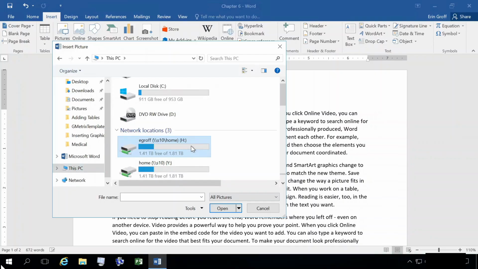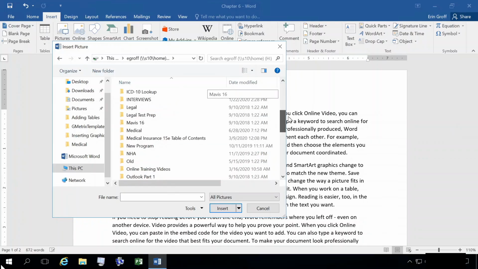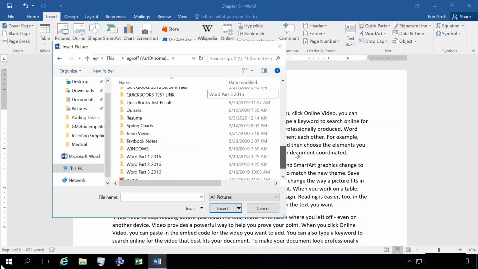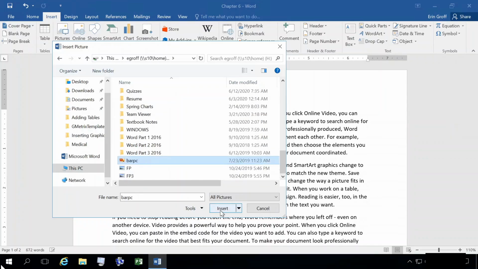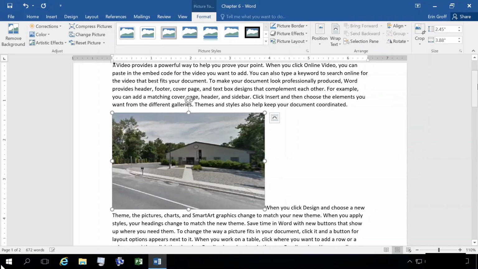You would navigate to wherever your pictures are saved. Let's see. Let's see what this PC is. This looks like it's an image. We'll go and insert that. Look at that. Picture of our school. Perfect. So I navigated to where the image was saved, and then you just select it and click your Insert button, and you can see right now it's on the same line as my first sentence in that second paragraph